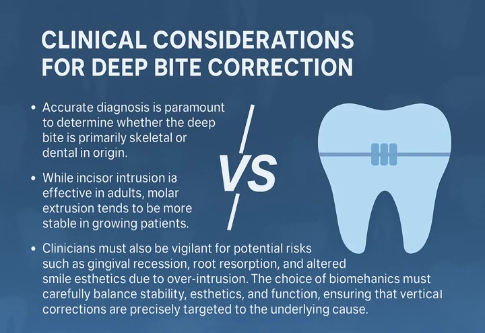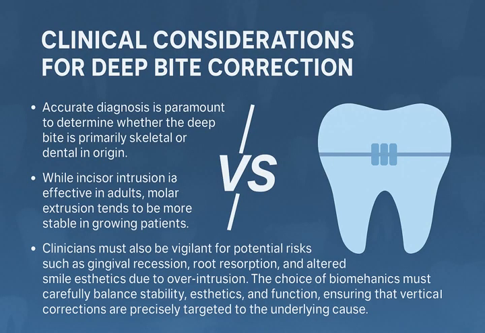Clinical considerations for deep bite correction. Accurate diagnosis is paramount to determine whether the deep bite is primarily skeletal or dental in origin. While incisor intrusion is effective in adults, molar extrusion tends to be more stable in growing patients. Patient cooperation, especially with the use of elastics and bite plates, significantly influences treatment success. Clinicians must also be vigilant for potential risks such as gingival recession, root resorption, and altered smile aesthetics due to over-intrusion. The choice of biomechanics must carefully balance stability, aesthetics, and function, ensuring that vertical corrections are precisely targeted to